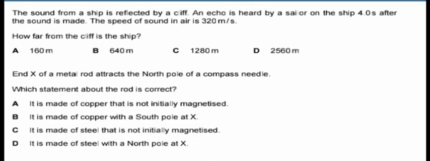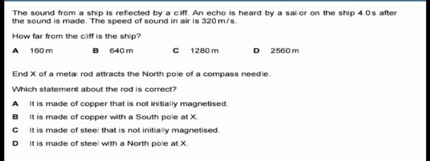The sound from a ship is reflected by a cliff. An echo is heard by a sailor on the ship 4.0 seconds after the sound is made. The speed of sound in air is 320 meters per second. How far from the cliff is the ship? So to make you understand this question